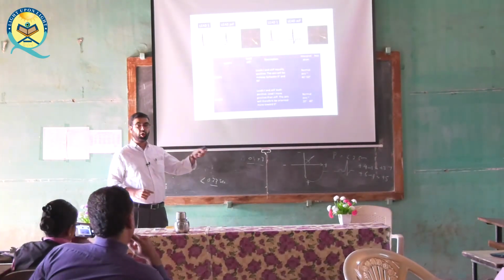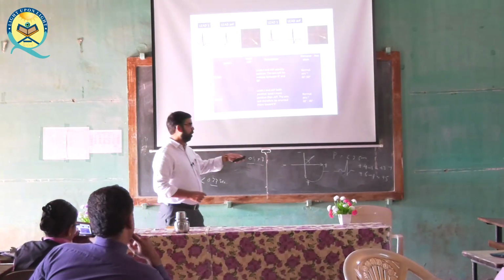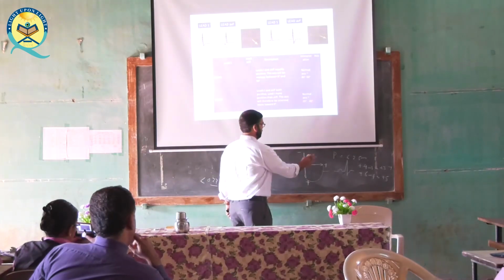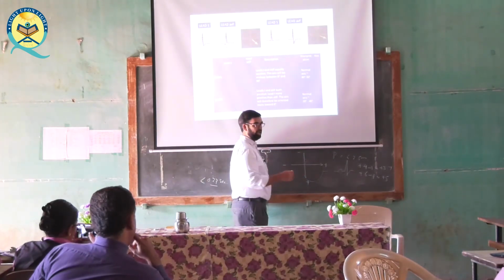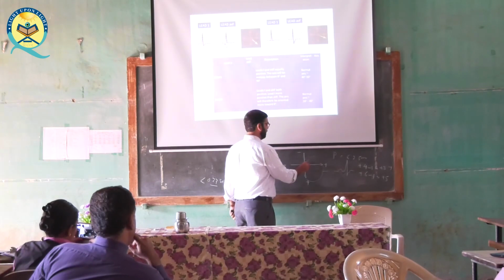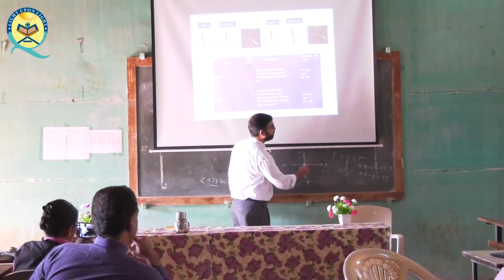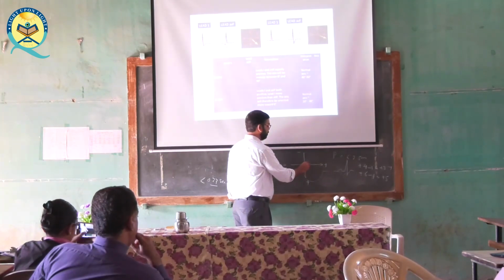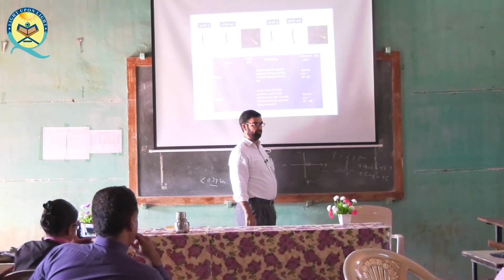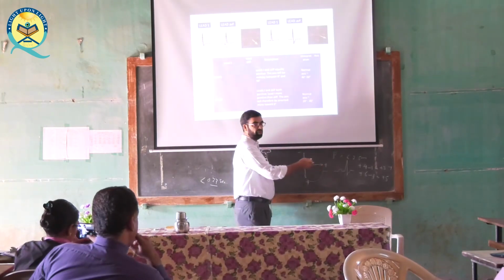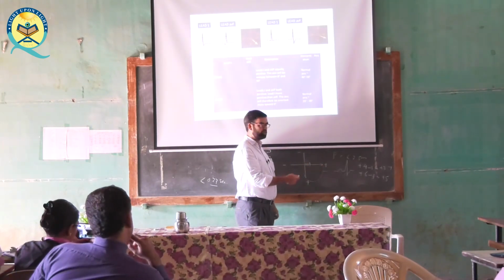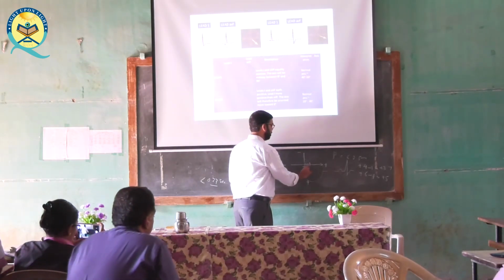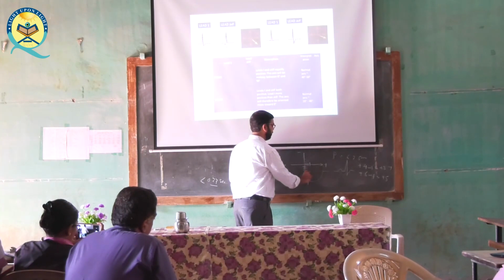Now you should plot these on the lead 1 and lead AVF. How? You make lines like this. If there is no graph paper, you make lines like this. How many lines to make here? +3. So it will be on the plus side, positive side. So 1, 2 and 3. And you should plot +5 on AVF, positive side of AVF towards the 4, this downward. So you should plot here 1, 2, 3, 4, 5.